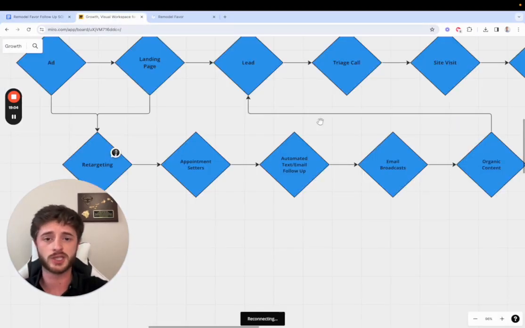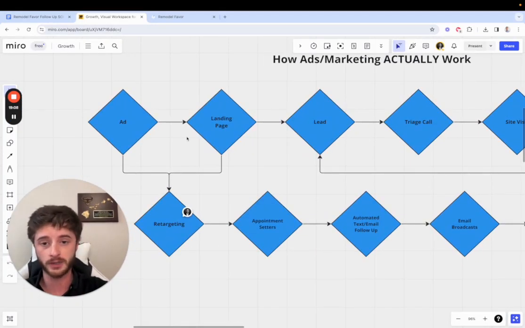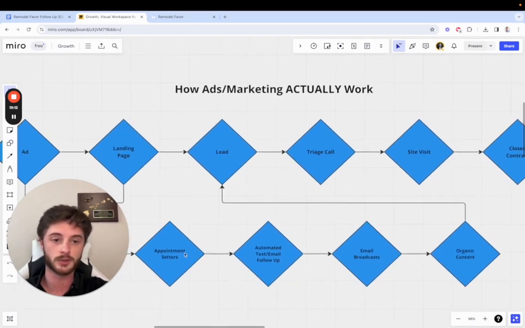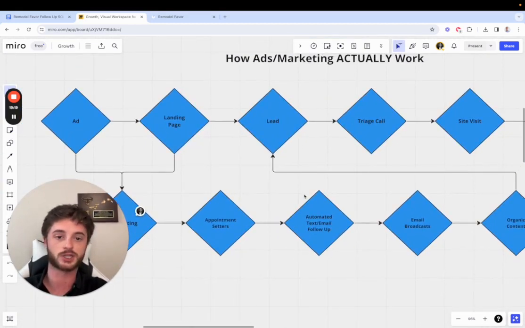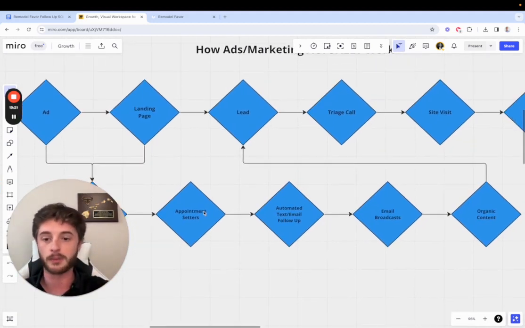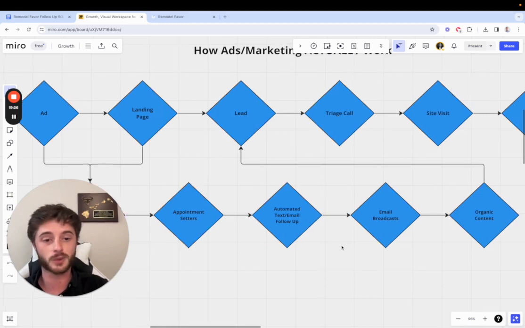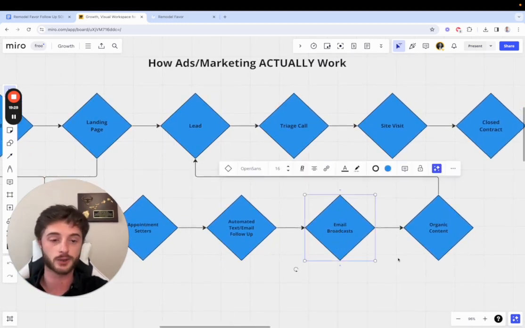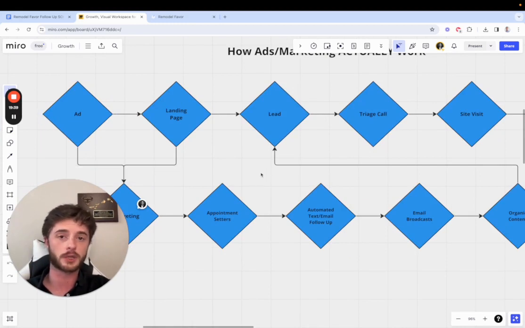All right. And so just as a visual, this is how they actually work. They might be retargeted. Maybe they become a lead and the appointment setter books them. And so they can get them back to this funnel right here. Because the whole goal with all these mechanisms right here is just to get them back to that top funnel. Maybe they don't pick up the phone, so we have the text going out. Maybe they don't respond to the text, and so we have the email broadcast going out. Or maybe they are interested in the ad. They're like, oh yeah, I might put in my info, or I might be interested in that offer,